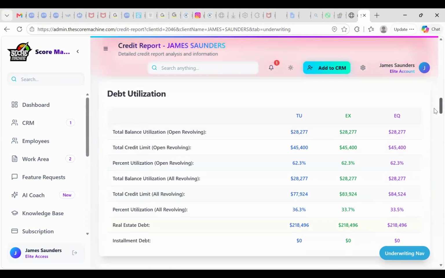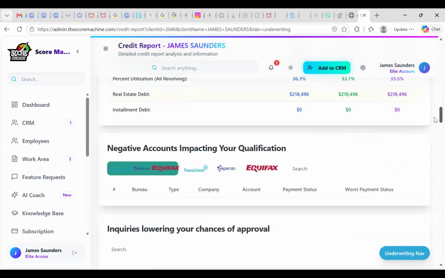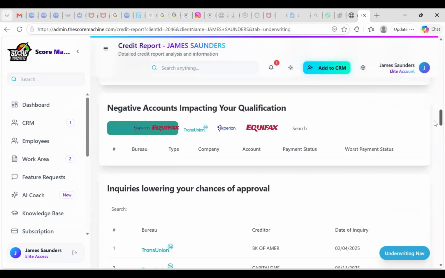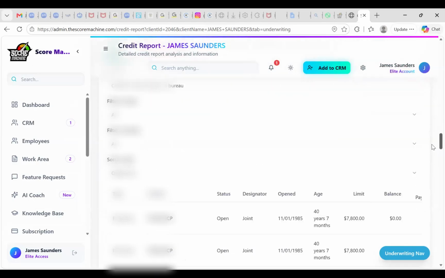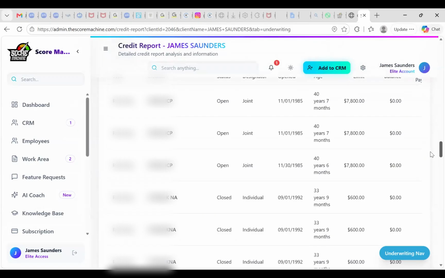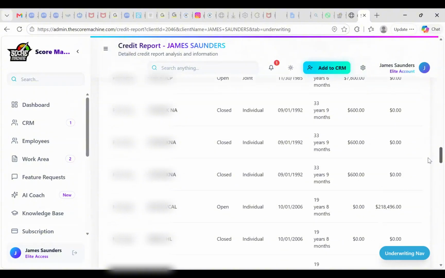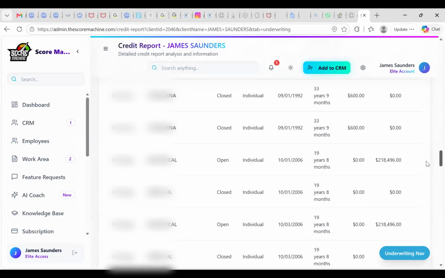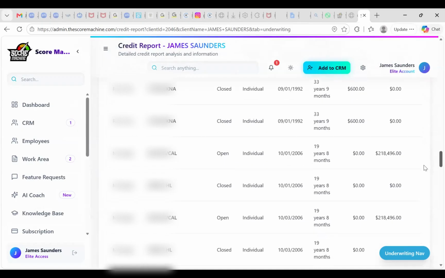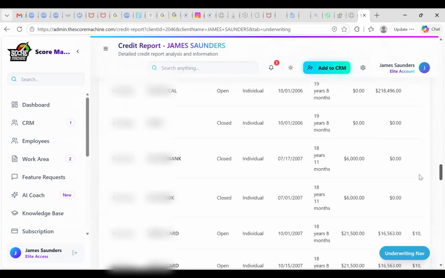So when you go to underwriting or the credit map, you need to look at your accounts because the system breaks down what accounts you have, right? If you see it 3 times, it's because it's typically reporting to multiple credit bureaus. But you need to see how many revolving you have. You said you only had 2, so you need to get 3 more. And so the 3 more could be